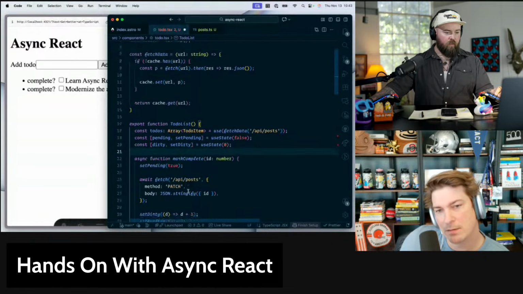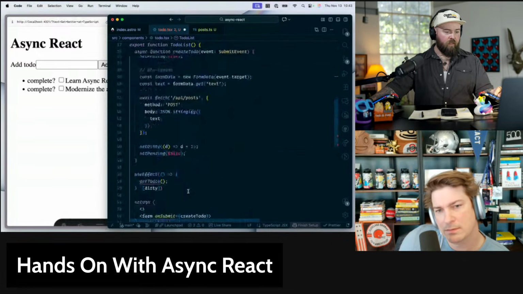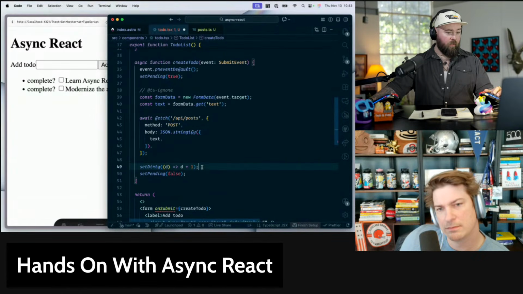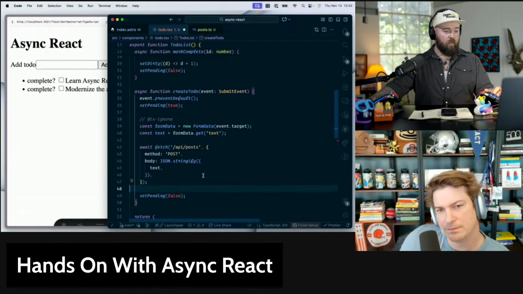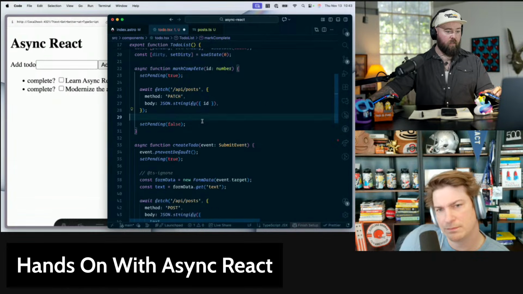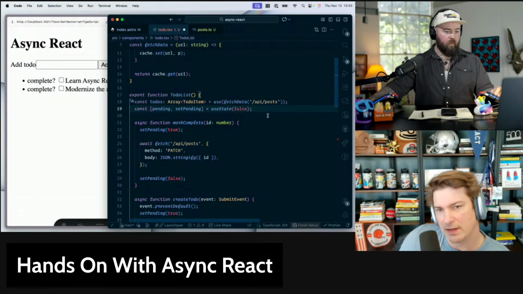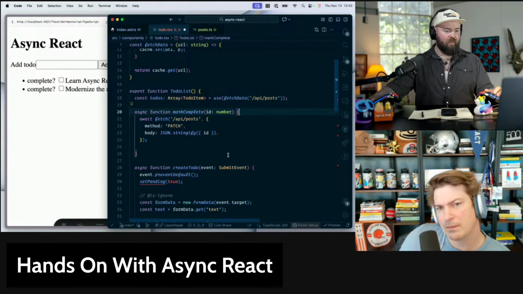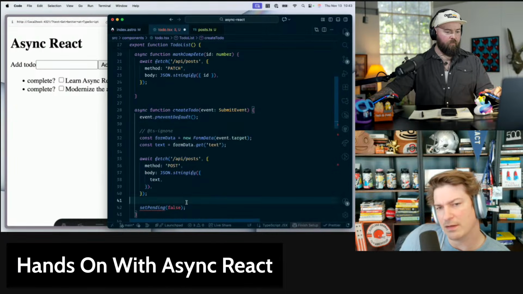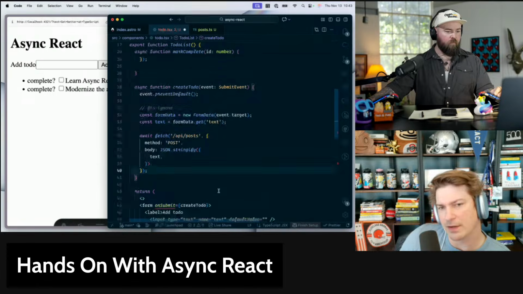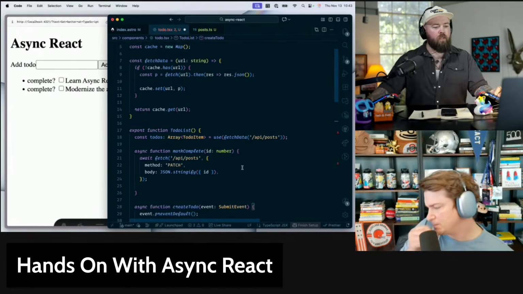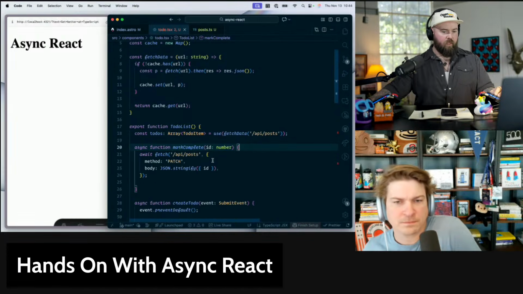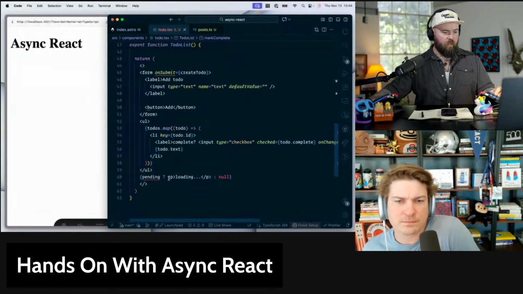Right. And then we don't need the useEffect anymore, which means we don't need the dirty check anymore. So I can drop out my dirty check. Let's delete that pending as well, because we're going to use a transition for the pending. Get it the heck out of here. Look how nice this is. We will need something to trigger a refetch, which we can talk about in a second. But okay, so we've got our to-dos, and now if I save this, does this just work? No, because I've got something missing down here.